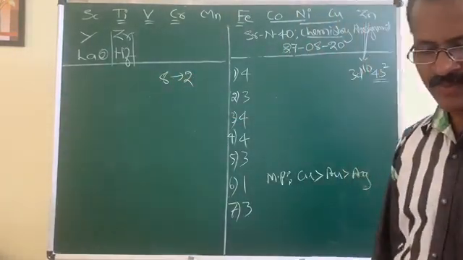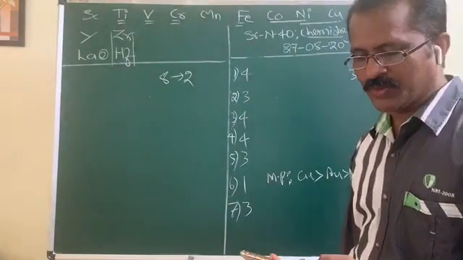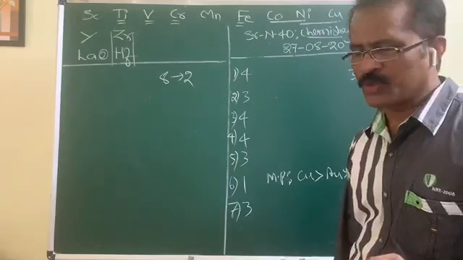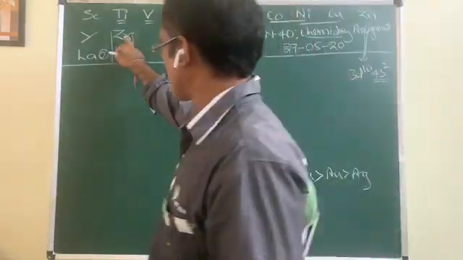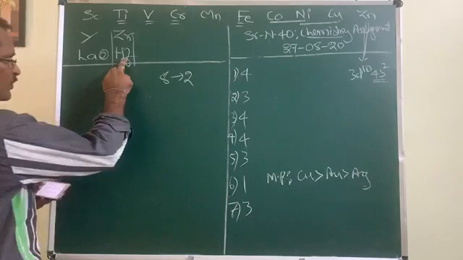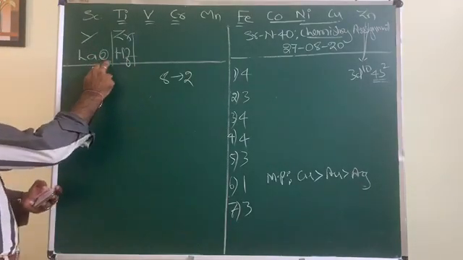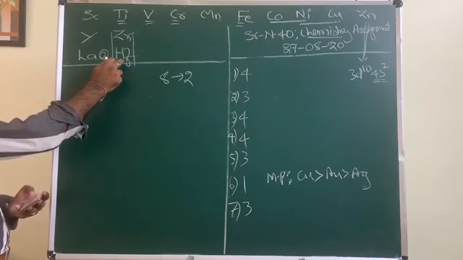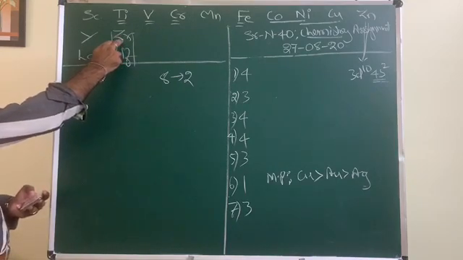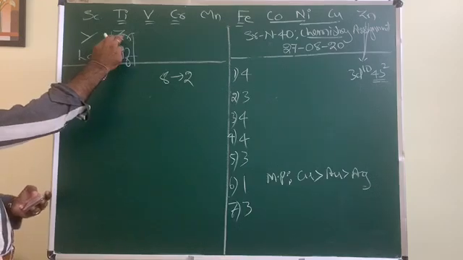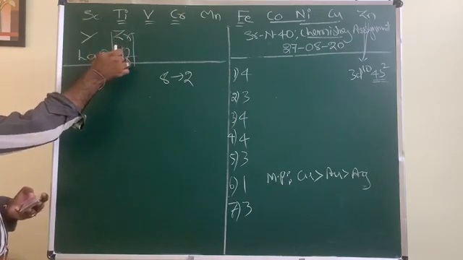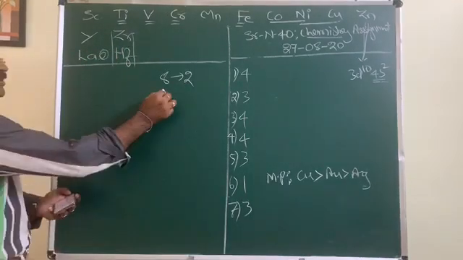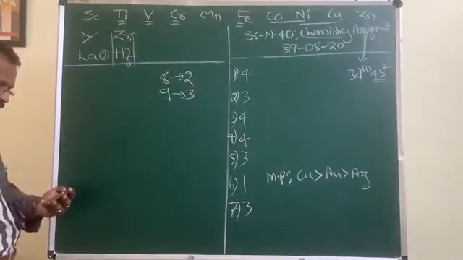Then ninth, he has given some pairs of ions and is asking you which have the same size. Among them, you can easily pick out zirconium and hafnium again. Actually, from zirconium to hafnium size has to increase, but again due to lanthanide contraction, its size is lesser than expected. It's a size less than expected, which is equal to the atomic size of the atom present above it. Thus, because of this contraction, their atomic size and ionic size are also nearly similar. So the third option will be the correct one for this ninth question.